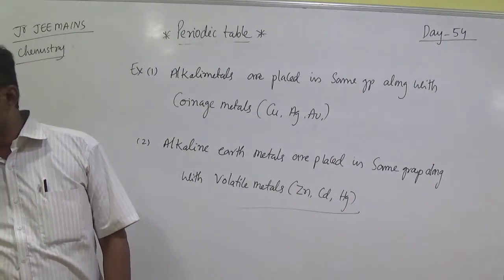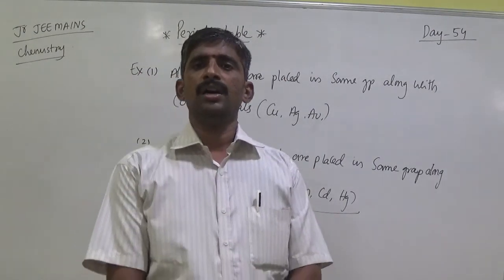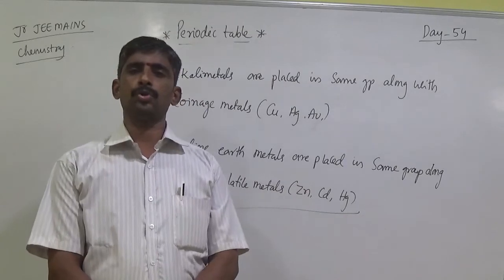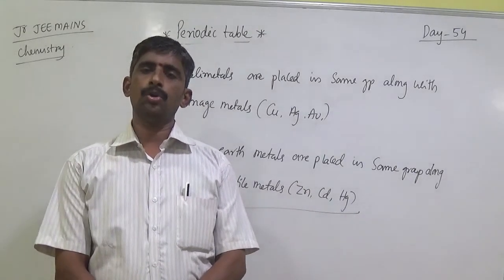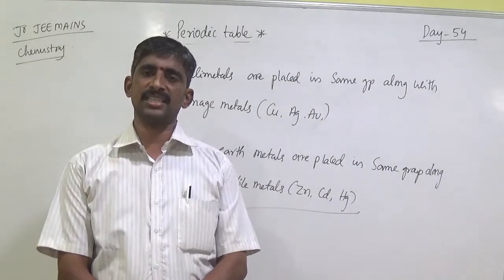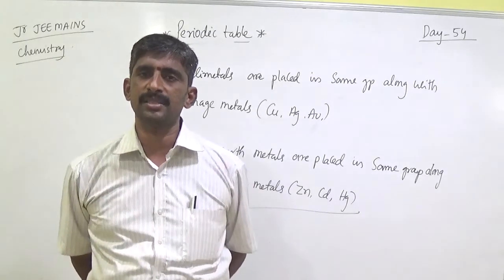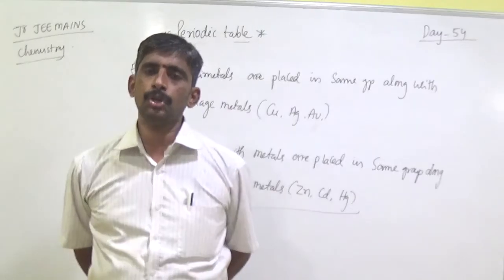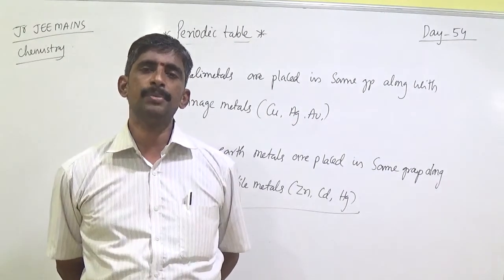In the Mendeleev periodic table, horizontal rows are called periods, vertical columns are called groups. There are 9 groups, 0 to 8. So 0 is also considered, though they did not know about noble gases. First 3 periods are called short periods, remaining periods are called long periods. Except the 0 and 8 groups, remaining groups are divided into A and B subgroups.